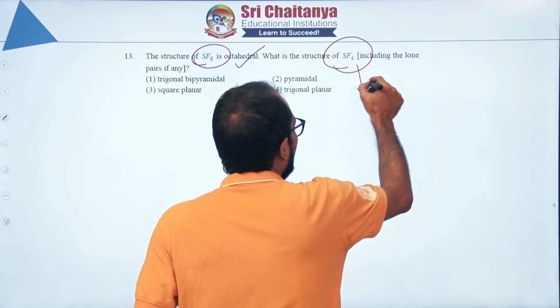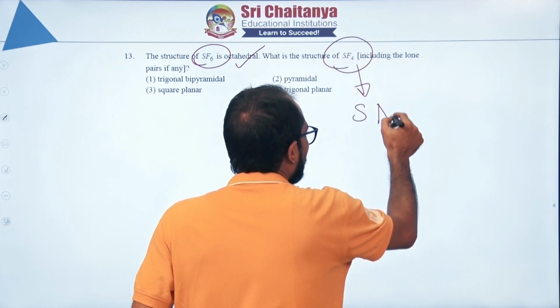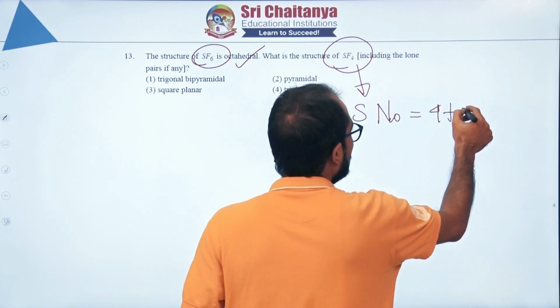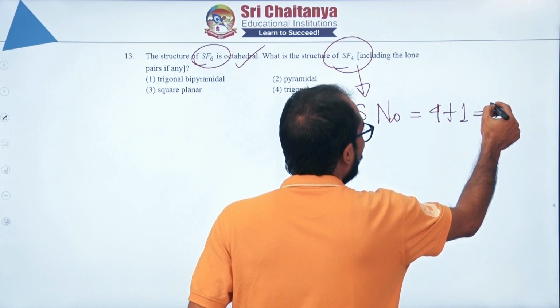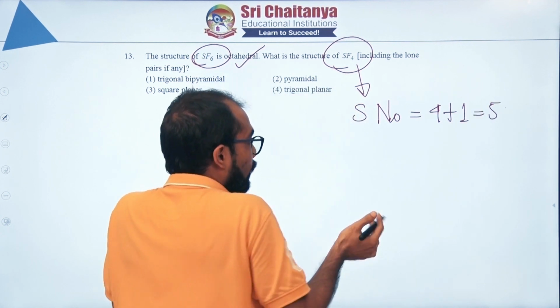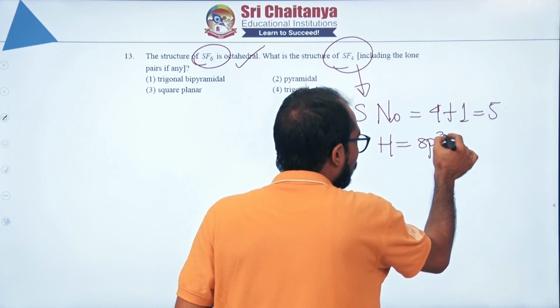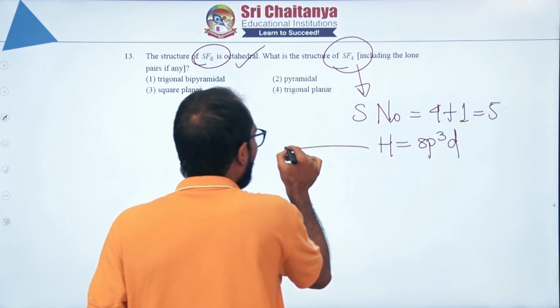You can find out the steric number. What will be the steric number? The steric number will be 4 sigma bonds and 1 lone pair, that will give you 5. Now, when the steric number is 5, the hybridization that you will get is sp3d, and this hybridization will have